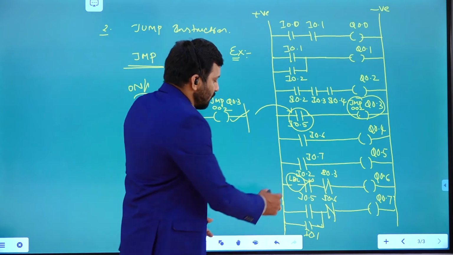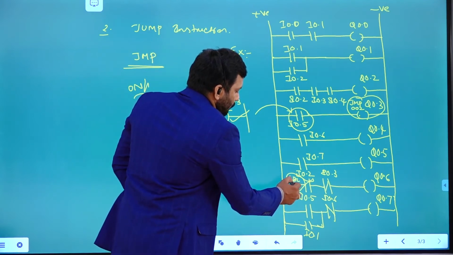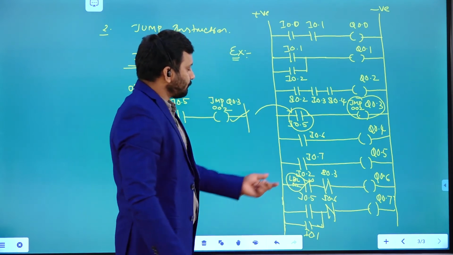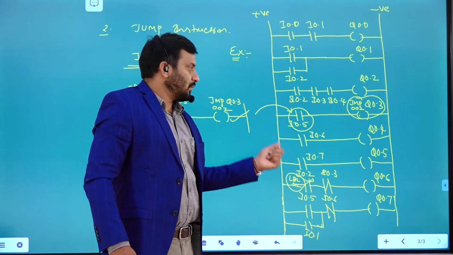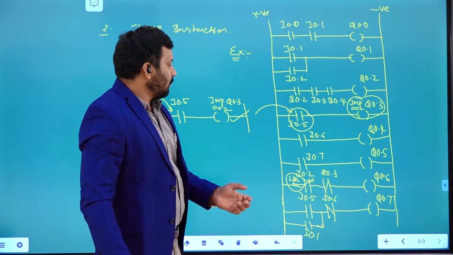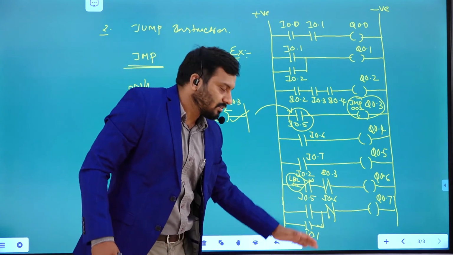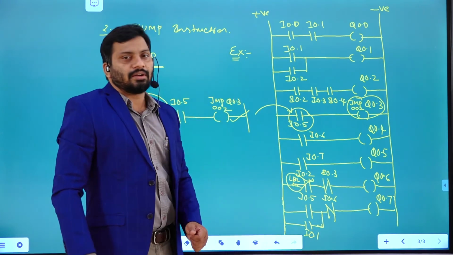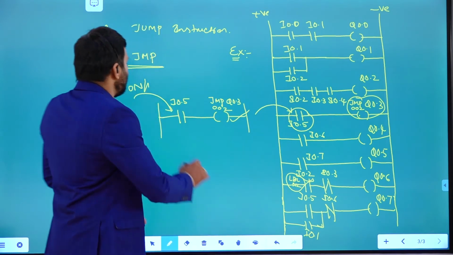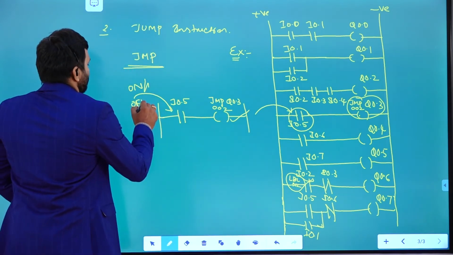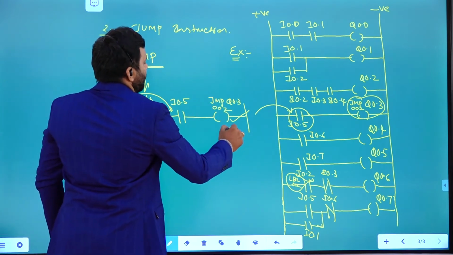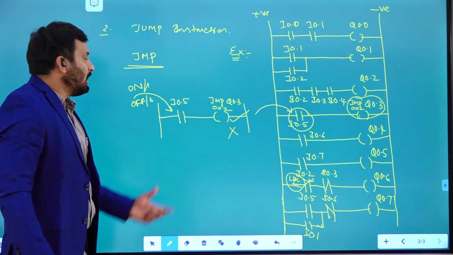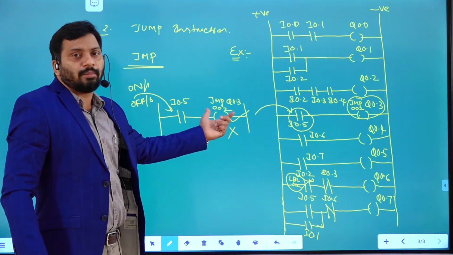Jump to this particular label. The address 002 is given, so it jumps to the label 002. Then it keeps on executing these rungs. For example, if this input is low, off condition, input is 0, it is not going to be activated. The output is not going to be activated.